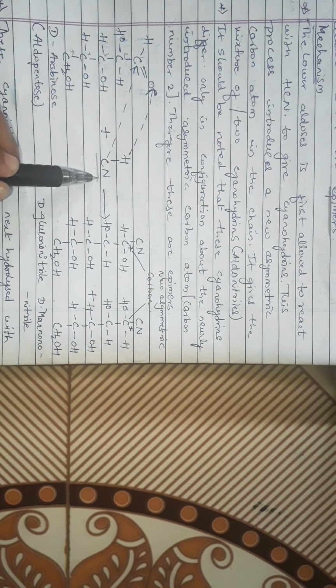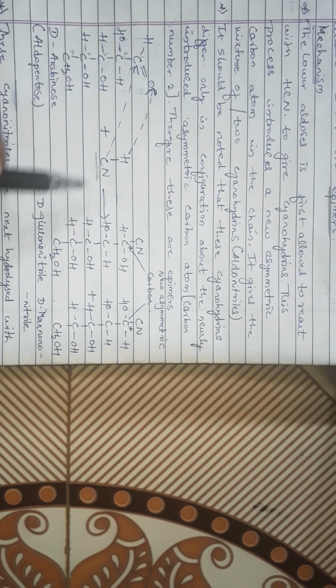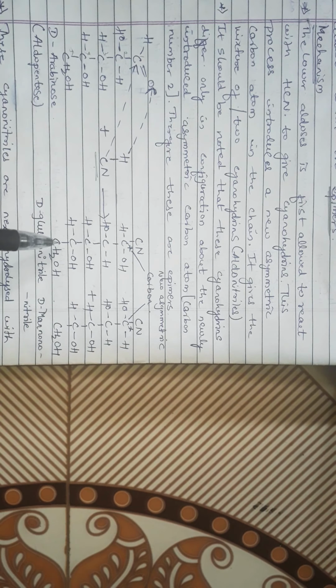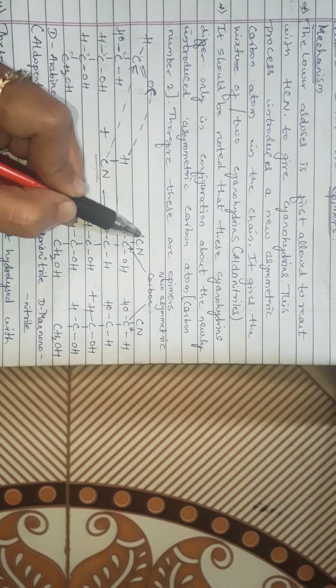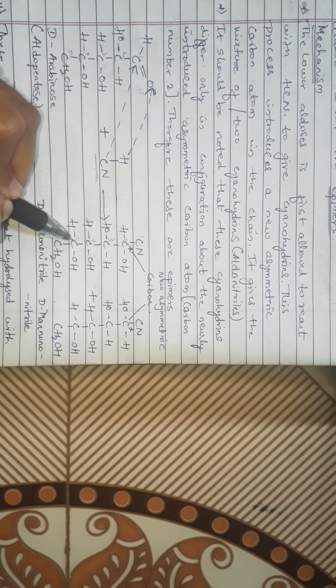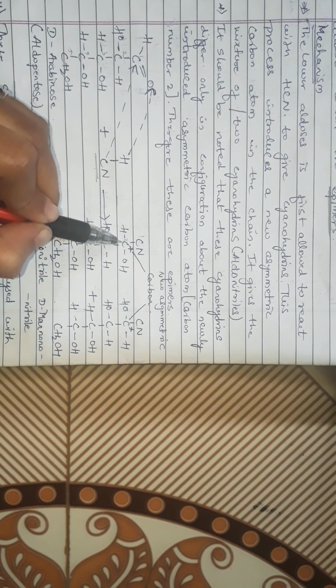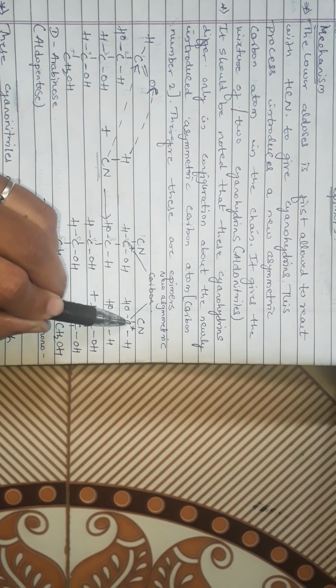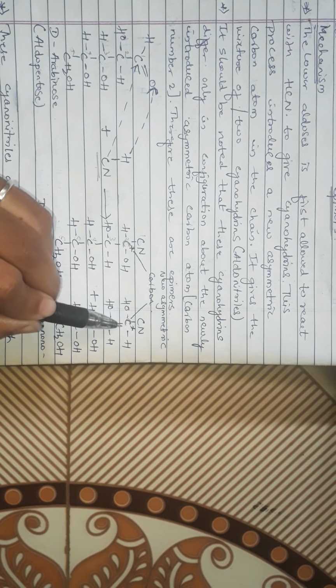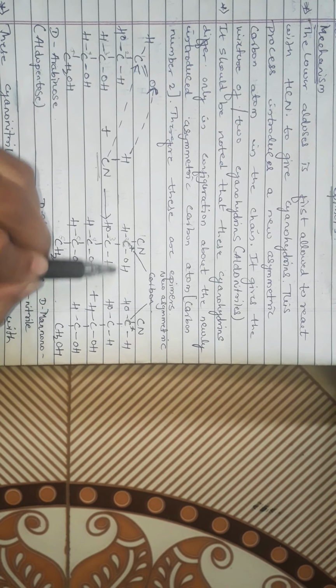When it undergoes reaction with hydrogen cyanide, it gives a mixture of two cyanohydrins, also called aldononitriles. When these two are formed, you can count the number of carbons: 1, 2, 3, 4, 5 and 6. There is an introduction of a new asymmetric carbon atom in both chains. This new asymmetric carbon atom differs in its structure.